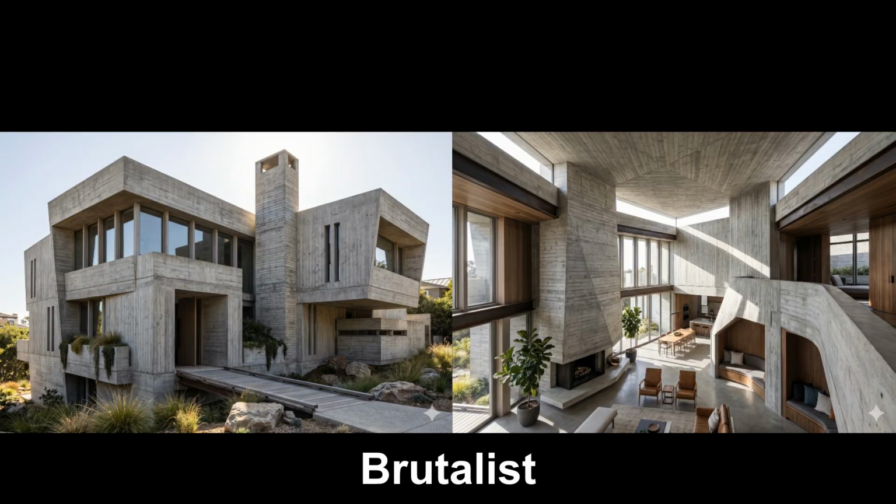Residential brutalist architecture, which emerged in the 1950s from the French term béton brut, raw concrete, is defined by a commitment to structural honesty and monumental sculptural forms. On the exterior, these homes are characterized by their heavy, blocky massing and the use of unadorned, often textured raw concrete or brick that proudly displays the imprints of its wooden formwork. Facades are typically monochromatic and asymmetrical, featuring deep-set windows and bold geometric volumes that create a dramatic interplay of light